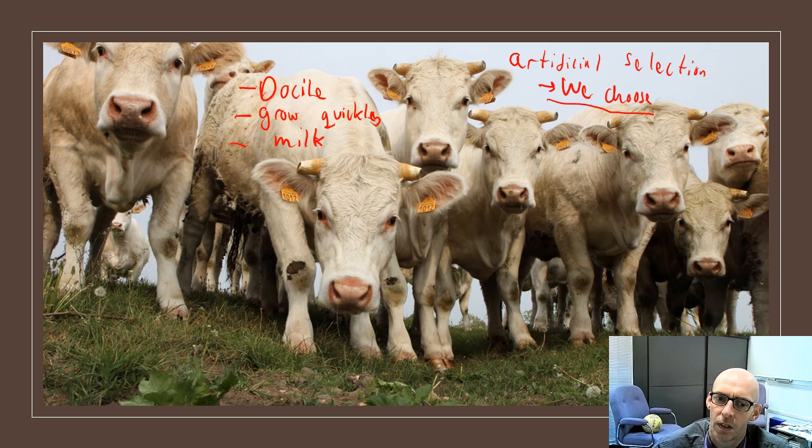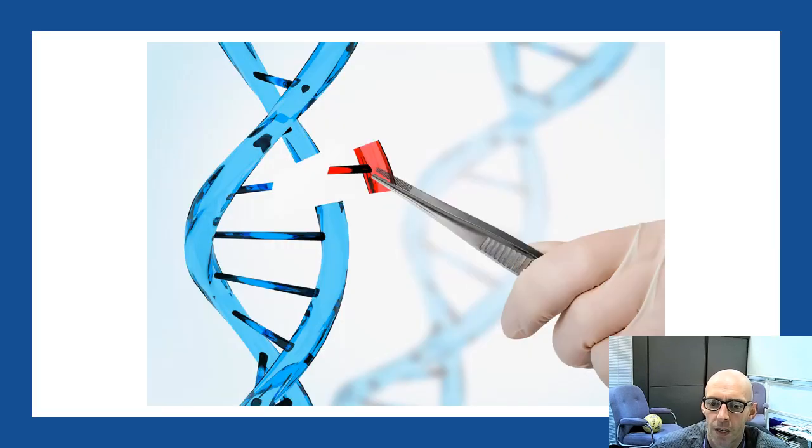We've made cows by over thousands of years of farming. We've only bred the ones with the best temperament and the best milk. We've bred chickens that produce lots of meat and grow much faster. The chickens that we have now for chicken farms and eggs and stuff are much, much bigger than wild chickens. So that's artificial selection compared with natural. We choose in artificial. And then this is the last area now.